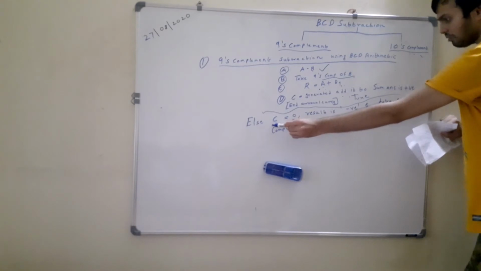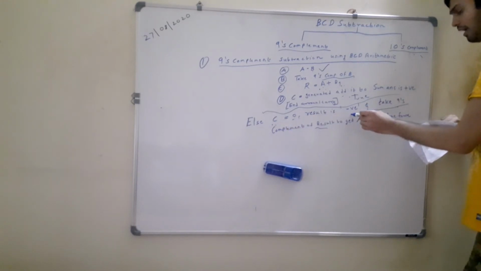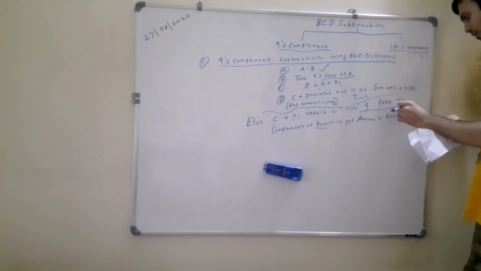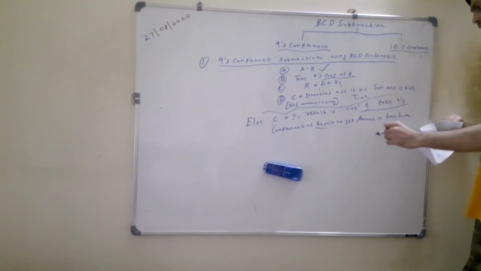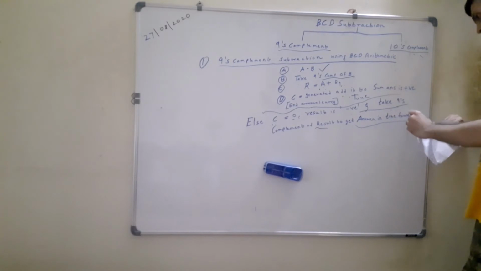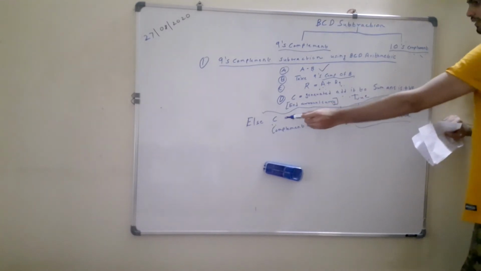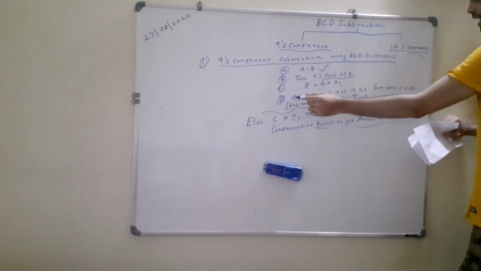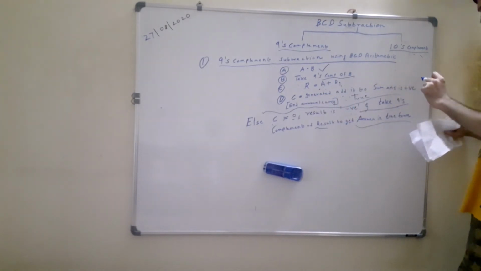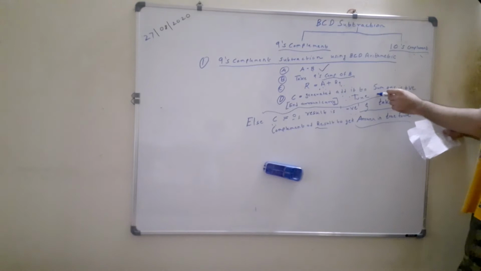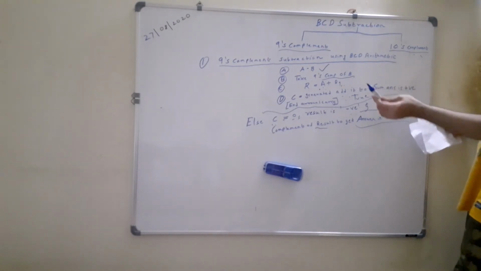Here the carry is equal to 0, so the result will be negative and in 9's complement BCD form. Then we need to again take the 9's complement of the number to get the actual answer in true form. So this is the else case. And if a carry is generated, then there is no need to proceed further. Your answer is positive and it is in true form. You need not take the 9's complement again of the result whenever a carry is generated.